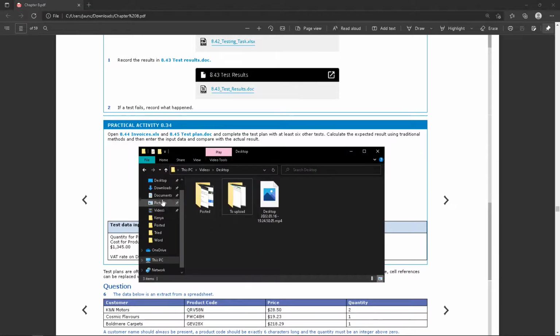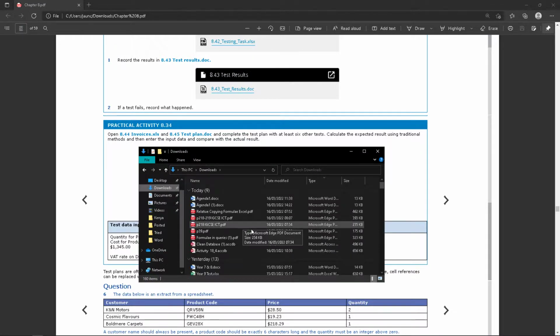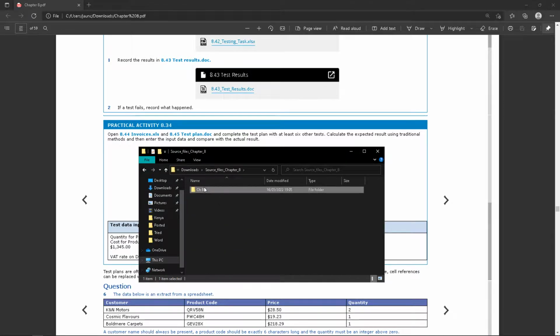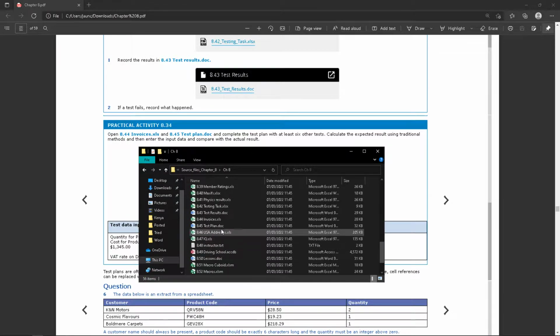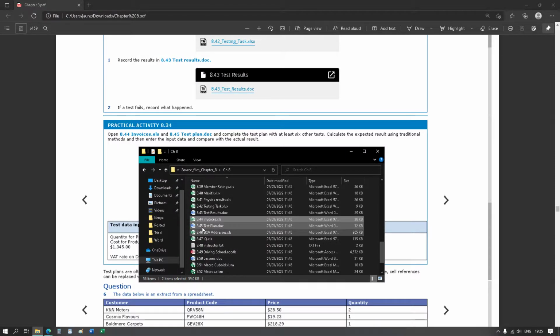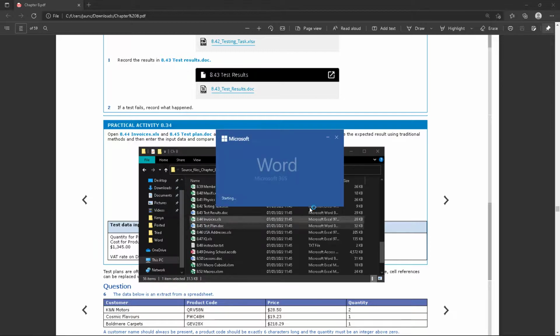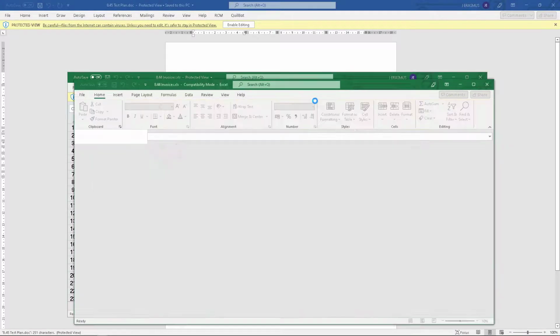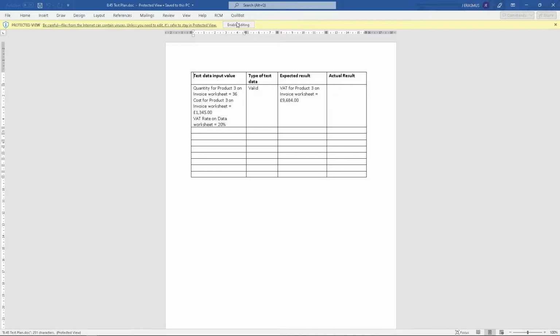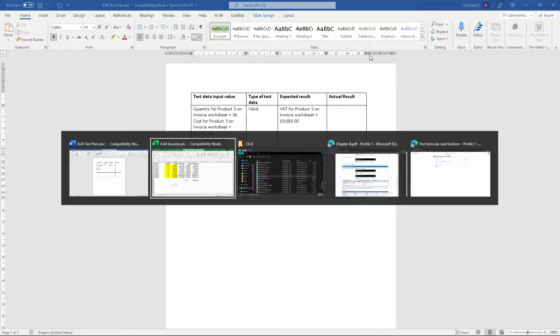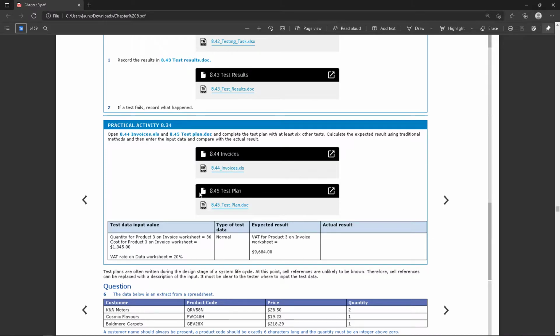So we go to downloads, source files. We need to find test plan and invoices, I believe. So they should open, otherwise let's double click on them. Enable editing, enable editing. Okay, so what we need to do, complete the test plan with at least 6 other